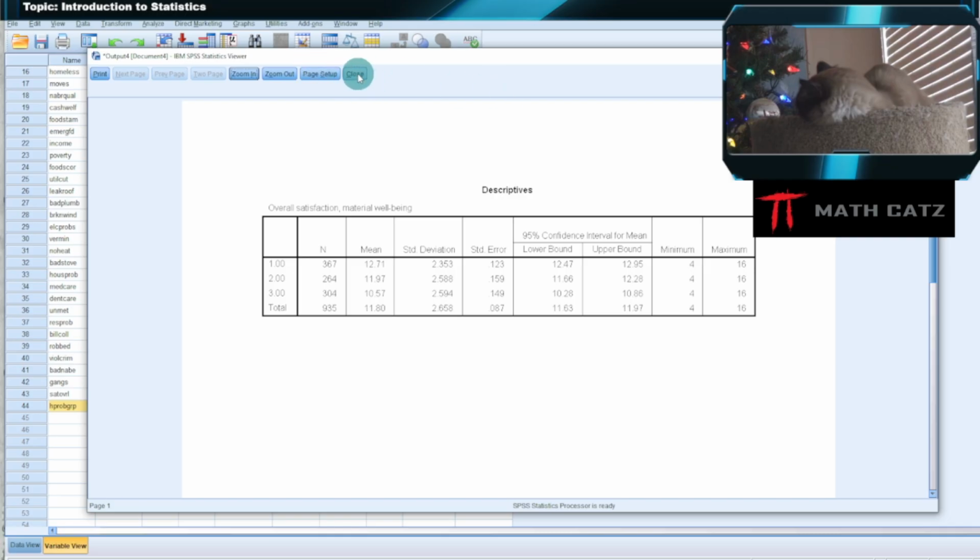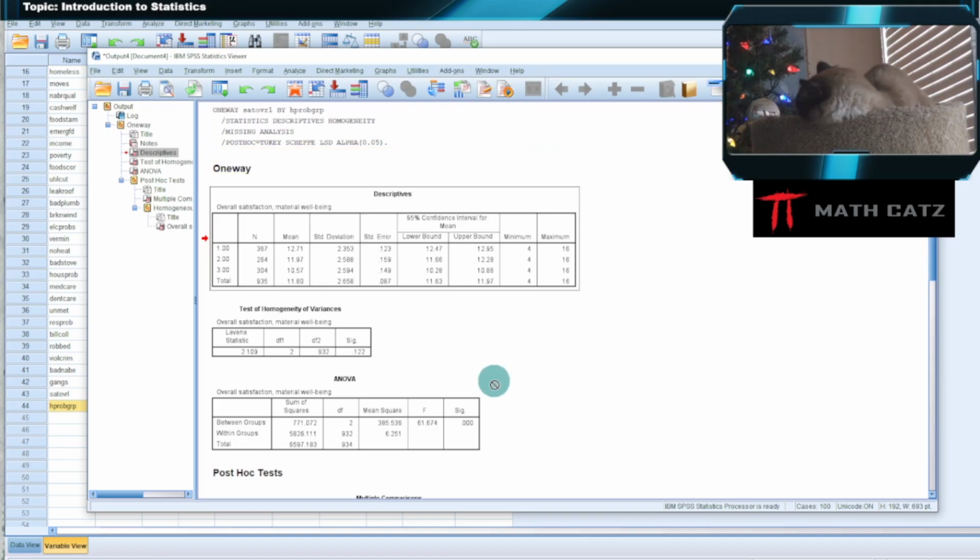So let's close that for a second. Next up is SPSS testing whether we can assume that the variances are equal. And so Levene's test tests the null hypothesis: are the variances equal? And we see here the p-value of 0.122. So if we test that against the standard 5%, against 0.05,